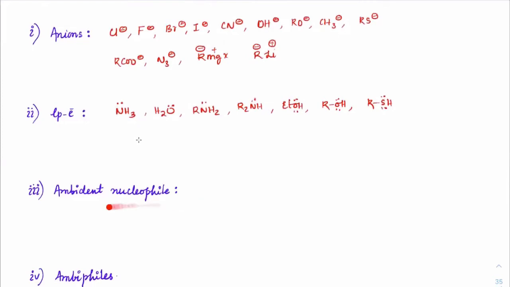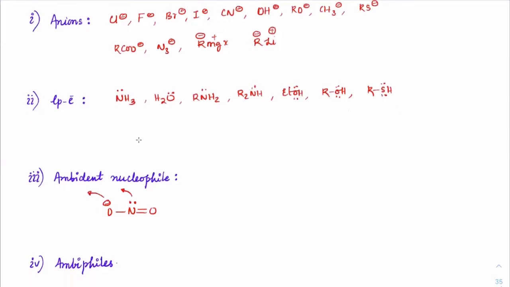Next, ambidentate nucleophile. Ambidentate nucleophile means it will have two sites of nucleophilicity. For instance, if you take O minus N double bond O, here nitrogen has a site. This can also donate electrons. Oxygen can also donate electrons. Depending upon the molecule, depending upon the species, either oxygen might donate or nitrogen might donate. So these are ambidentate nucleophiles. Similarly, cyanides, CN, there is a lone pair present on nitrogen, and because of the negative charge on carbon, that is also a site for nucleophile, which means they will also donate electrons.